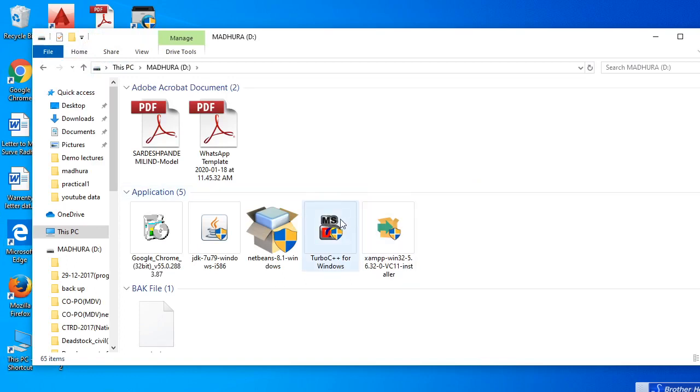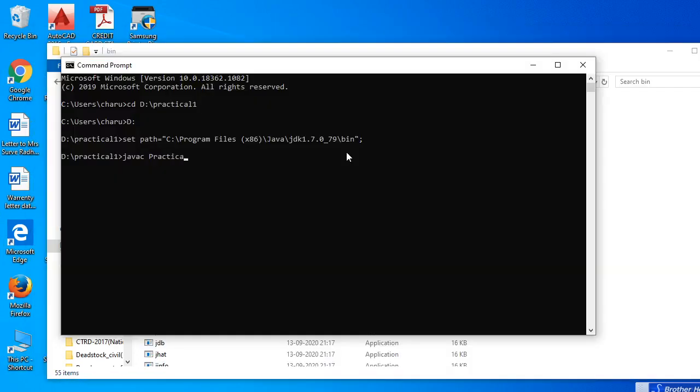Then compile practical 3.java, which helps to find out whether it includes any error or not. Just press Enter. Compilation done successfully means it does not include any errors, and it creates a .class file; the practical 3 .class file is created in your folder.